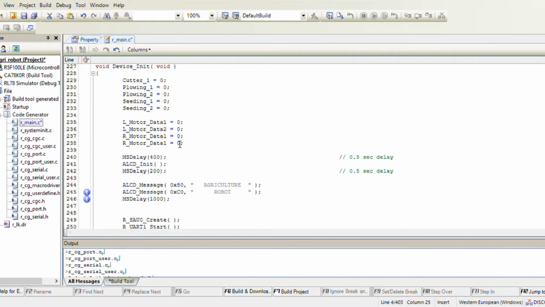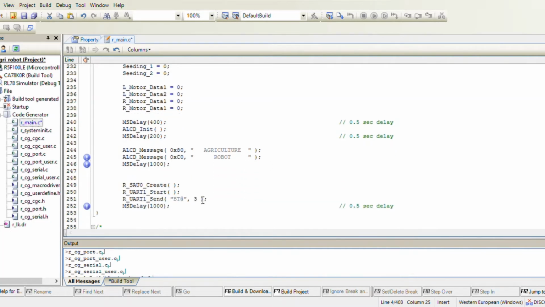delay. Later on, ALCD initialize is used to turn on the LCD with some delay, and it is a 16 cross 2 LCD. In the first line, the ALCD message shows a signal of agriculture robot, and later on Bluetooth.